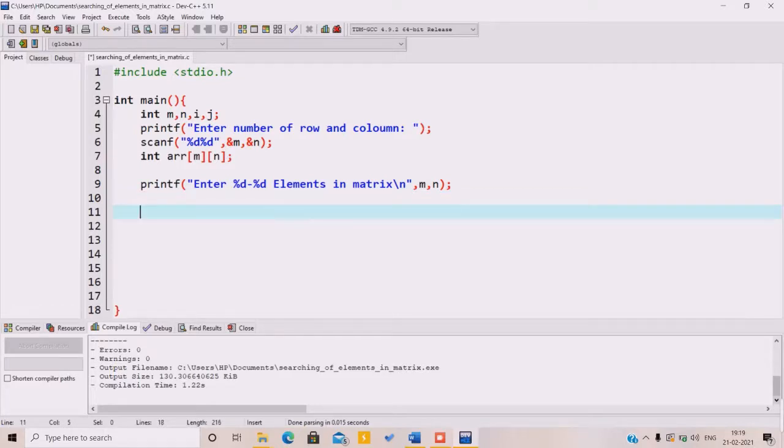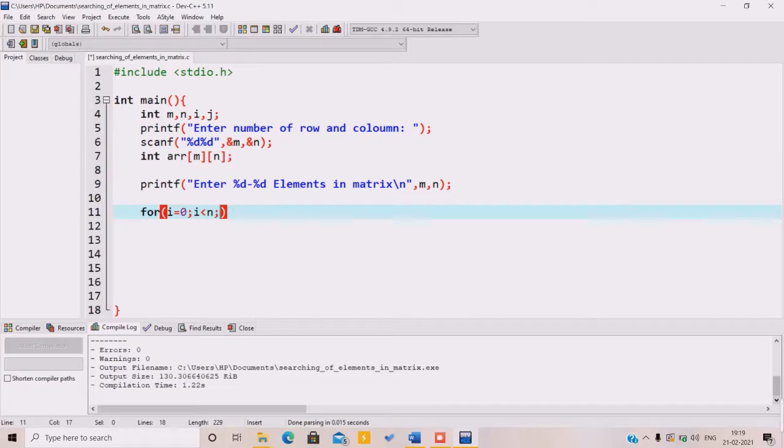So for taking input from the user, we use two loops, a nested loop, a loop for i and a loop for j. Exactly, it's a type of nested loop. So let's first do that. So i is equal to 0, i less than m. How many times are we going to take input?